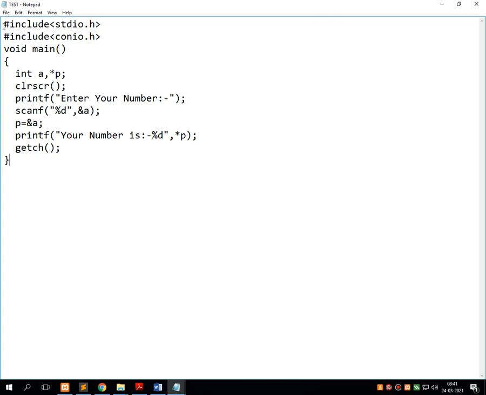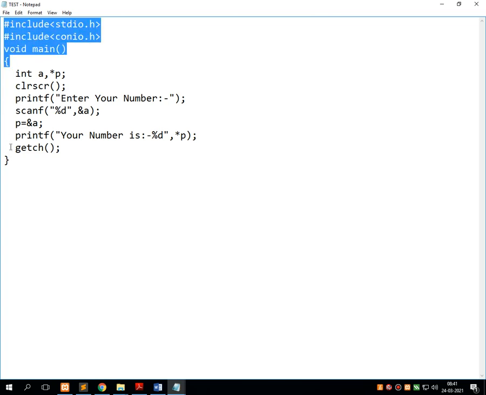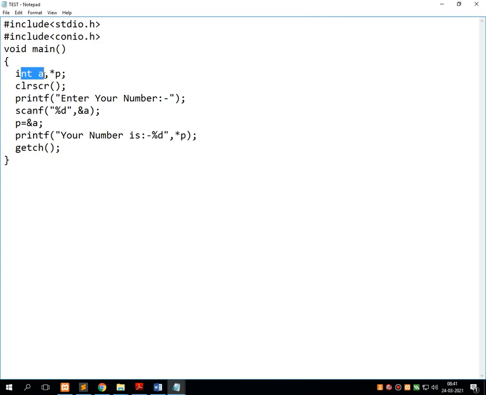What I have done after writing the basic structure of C is declare two variables. One is the local variable, another is a pointer variable. Then clrscr, then the message enter your number. The number is read through the scanf statement. Then I have pointed my pointer variable at the address of A, and in the printf statement I have printed the pointer variable with this particular symbol, which gives an output like this.